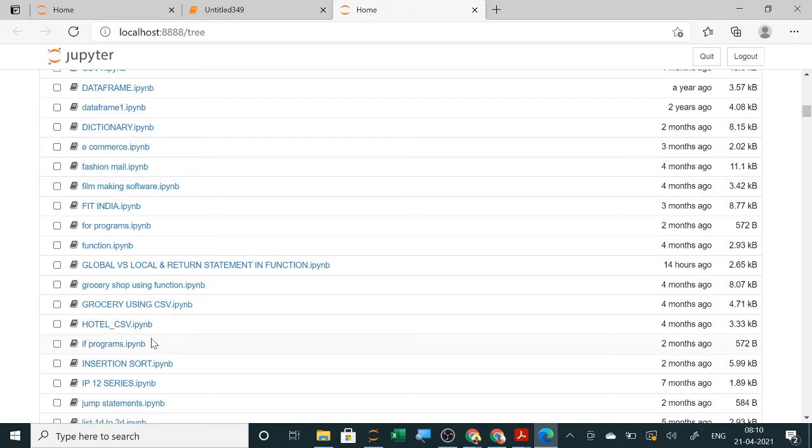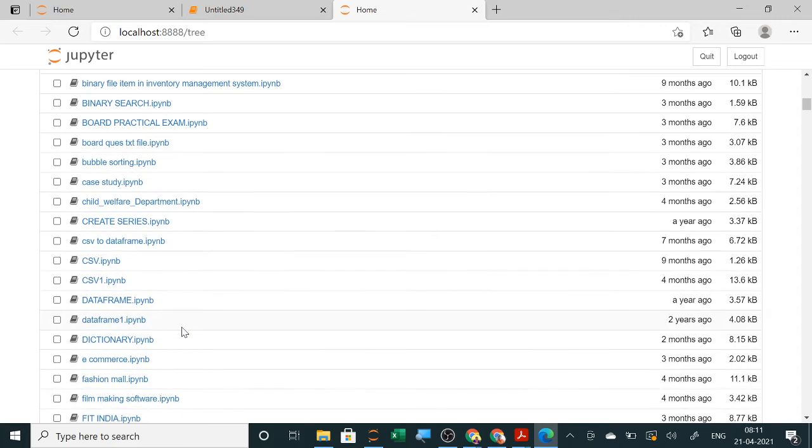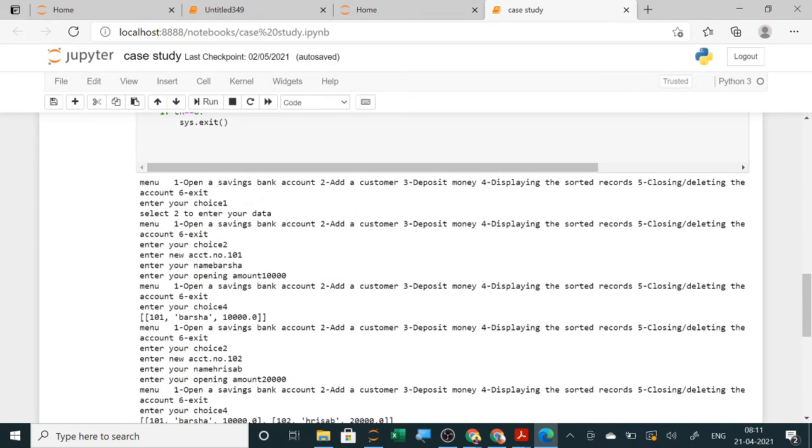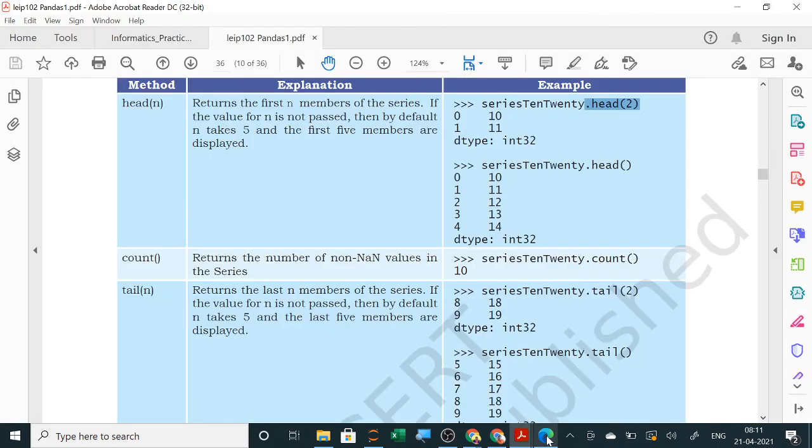No, it is not saved. Head and tail is not saved. Series head and tail. Alright, so write one case study, like this case study question given here. So write one case study on series and then we will solve it.